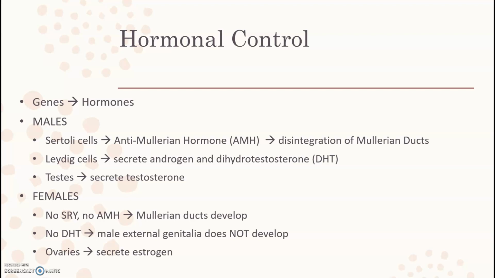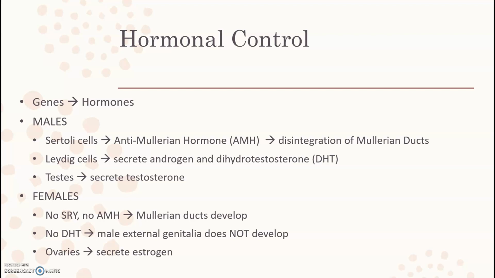Sertoli cells secrete anti-Müllerian hormone, or AMH. This is really important because if AMH is present, then that will cause the disintegration of the Müllerian ducts. An undifferentiated fetus, or embryo, has Müllerian ducts and Wolffian ducts. They start out with both, but Müllerian is unique to female and Wolffian are unique to male. And so you can't have both once you're becoming one sex or another. And so this AMH hormone that Sertoli cells secrete causes the disintegration of these Müllerian ducts,